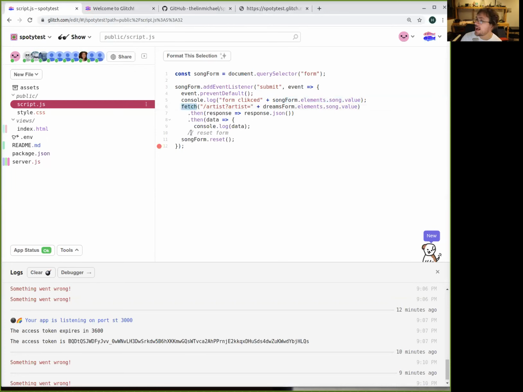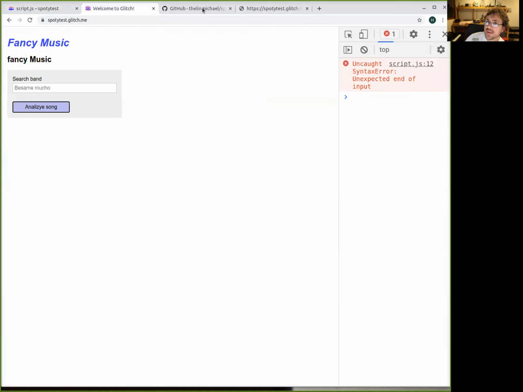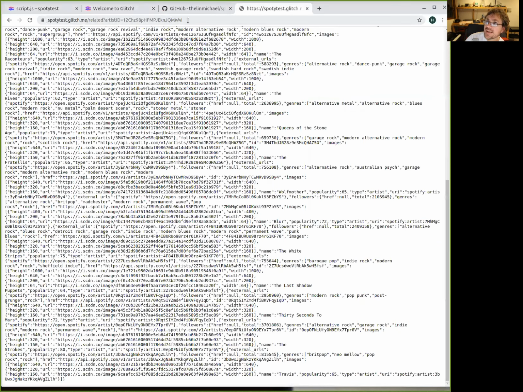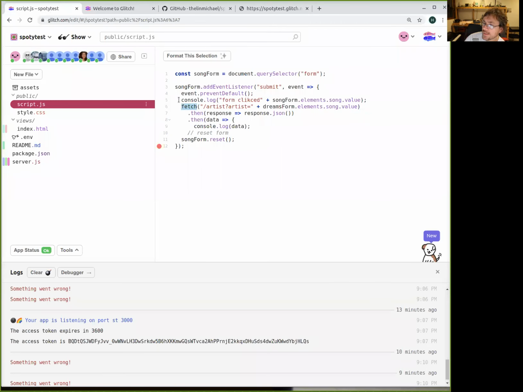Fetch is a function of JavaScript that allows me to run a URL. It's the same way that we're doing this by hand, going to this URL by hand. Now our client is doing it when we press the button. So we press the button, we go here. Then once you connect to that web page, the response of the web page, give that to me as a JSON, and then get that information. Okay, and then we can close this